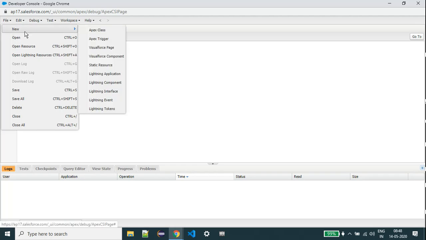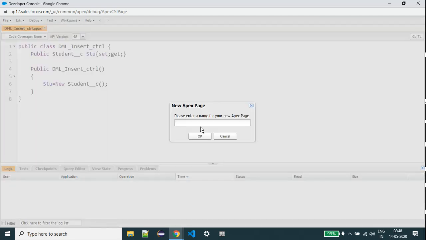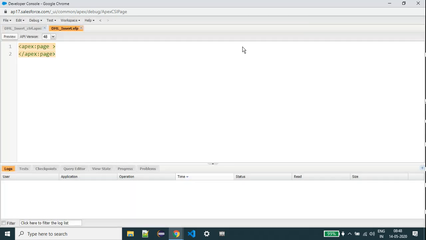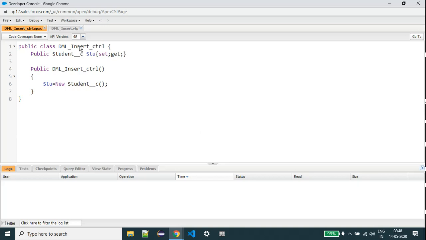I'm going to take one Visual Force page, DML insert. Okay, insert. This is our Visual Force page name, and this is our controller.